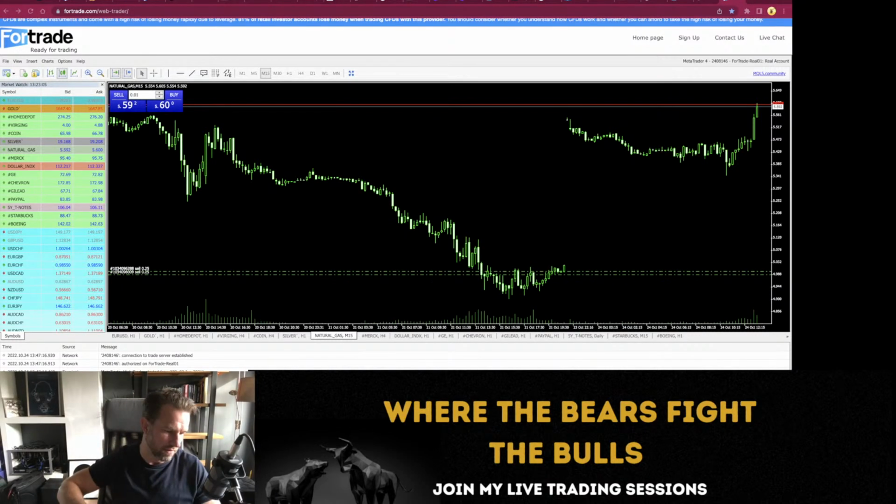Now, on a contract rollover, what will happen? I've done very well out of these contract rollovers before. The broker will compensate the price difference with a positive or a negative swap fee. A swap is a charge that the broker will charge on your trade. The longer you're in a trade, they might charge you $10 a day, depending on your lot size. They might charge you $20 or $100 a day, depending on how big your trade is and which way you're going. But in terms of the contract from last month to this month,